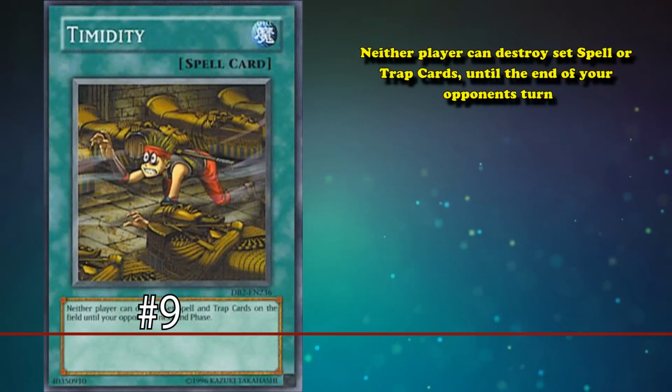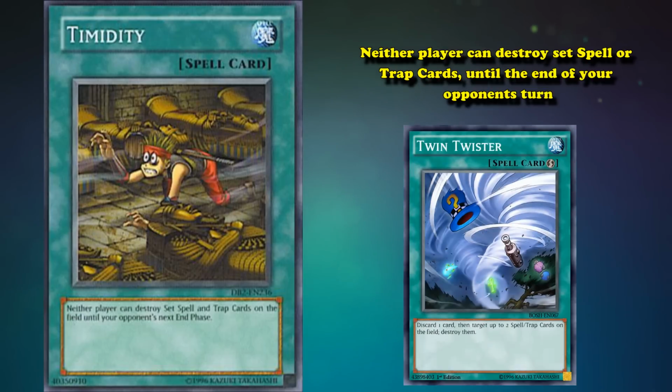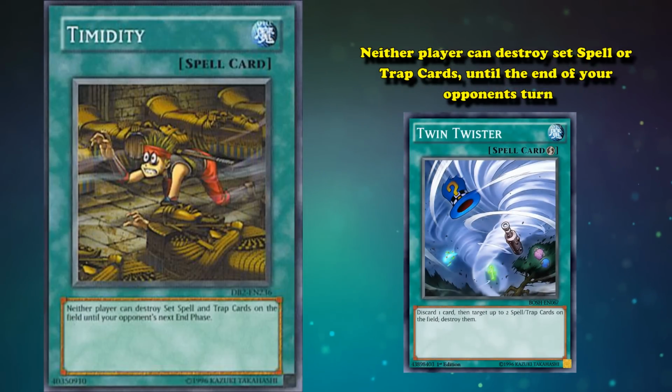This card has the effect where after it's used, neither player can destroy set spell or trap cards until the end of your opponent's turn. Since it's a normal spell card, you have to activate it during your turn instead of using it as a reaction to one of your opponent's destruction effects. Like, if this was a trap card, it might not be half bad, but the fact that it's a normal spell card is what kind of makes it not very good, since you're essentially going -1 to protect your set